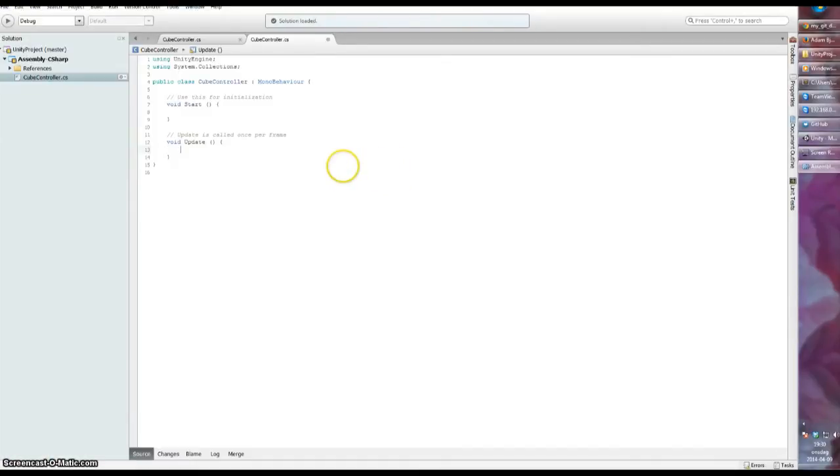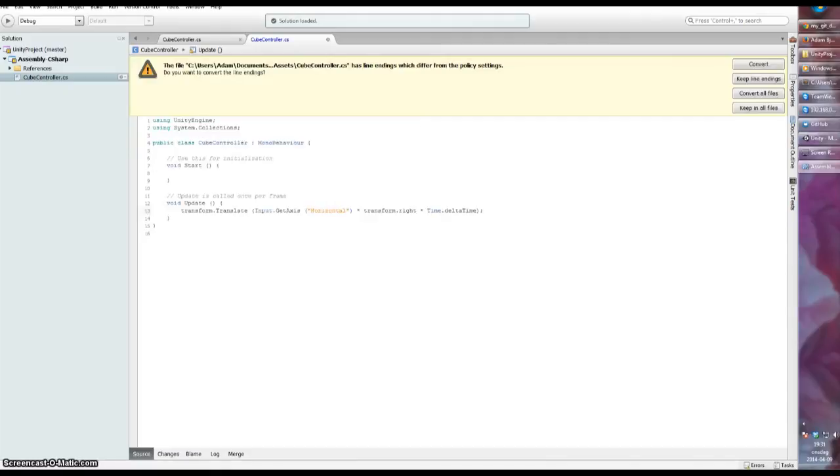and I can actually, with just one line, make it move left and right. So if I type transform.Translate(Input.GetAxis("Horizontal") times transform.right, and then times Time.deltaTime in order to account for the frame rate, and save that,